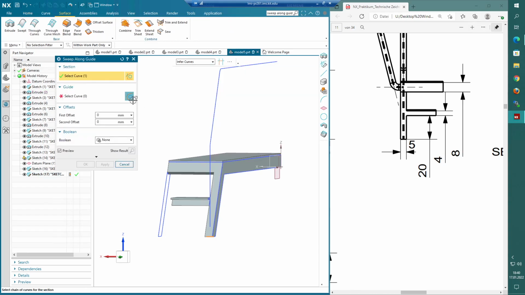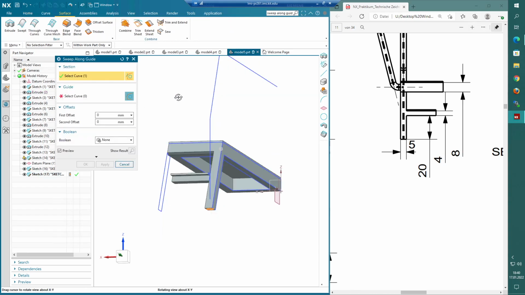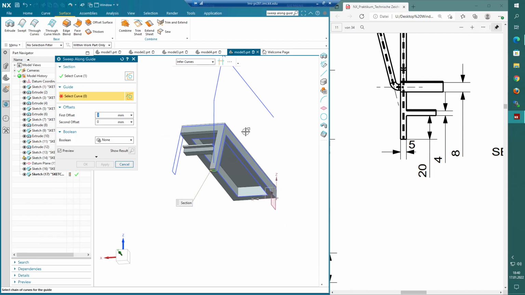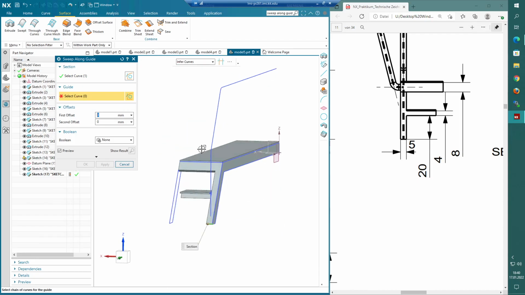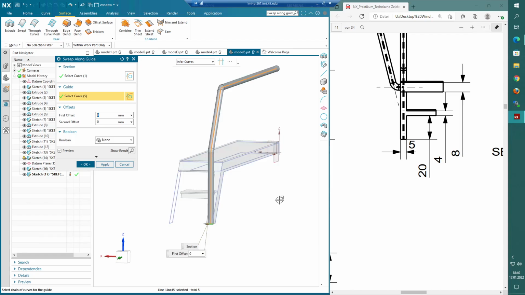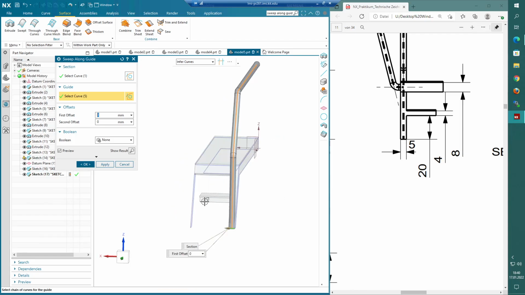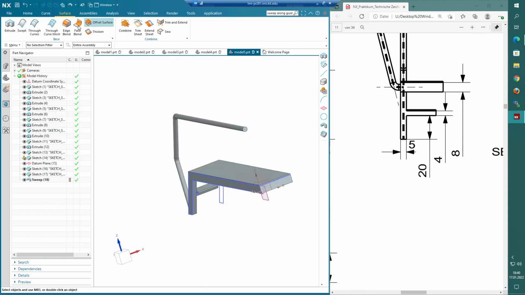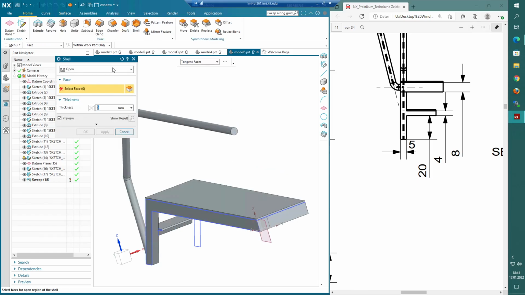It asks us to select a section curve. We already have that. And now it asks us to select a guideline. And we can just select this one and then click on OK. So here we have our rail, and I think it looks good. We just need to make it hollow. So let's use the shell feature up here and